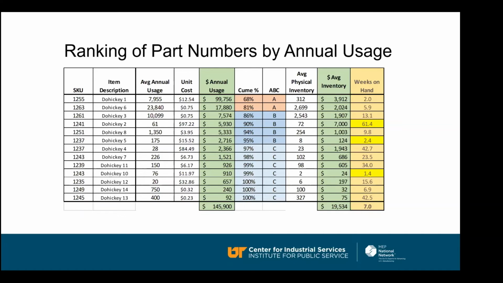Another scenario is that you could overload your master schedule. You could say you're going to make more than what you're actually going to make. Well, guess what? You're going to purchase components and raw material based on what you want to make, even though you can't make it. So those materials are going to come in and they're not going to move as quickly as they should because the master schedule is overloaded. You can't produce it, so the weeks on hand are going to be greater than what you had planned for. So you need to look at individual variances. You also need to look at systemic variances that you're going to find. And a little bit of both usually occurs.